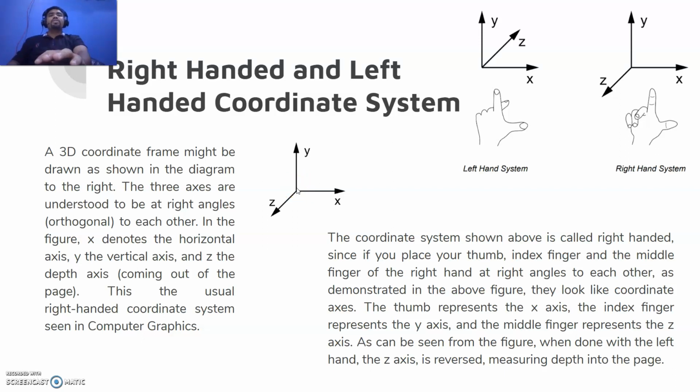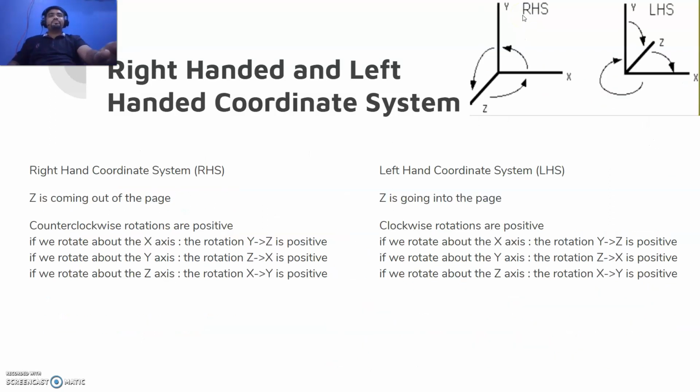So what is the right-handed coordinate system? Just look at the right-hand side. You'll see the same images there, and this is your right hand, wherein the x-axis is represented by your thumb, the y-axis by your index finger, and the next finger represents the z-axis. So it kind of comes out. Similarly, in the left-handed coordinate system, the only difference is that the axis, instead of coming outwards as in the right-handed system, goes inwards.